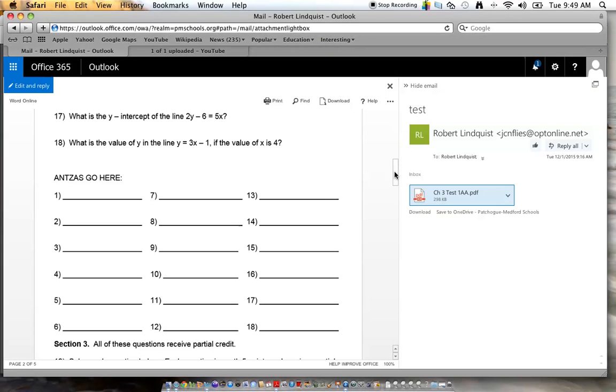Okay, so we now have section 2 completely done. All right, so we stop